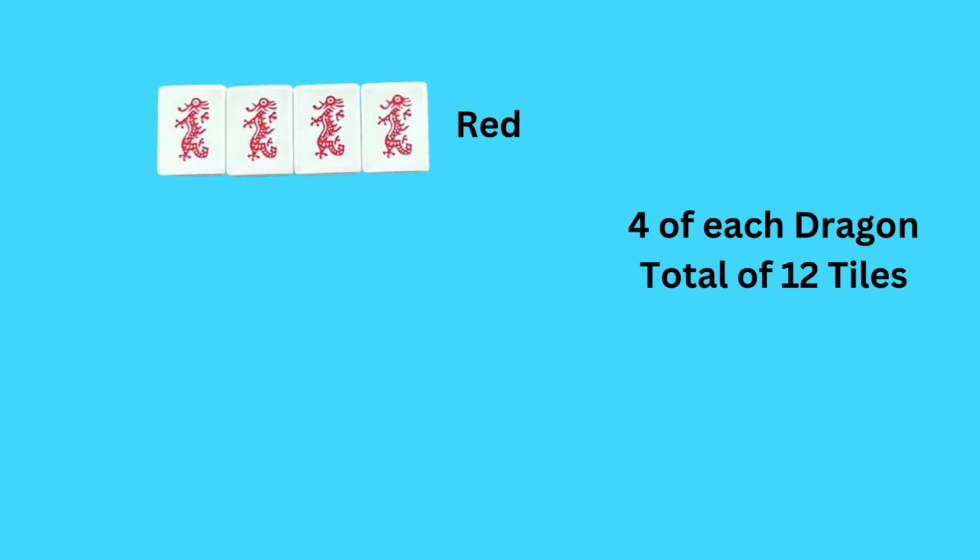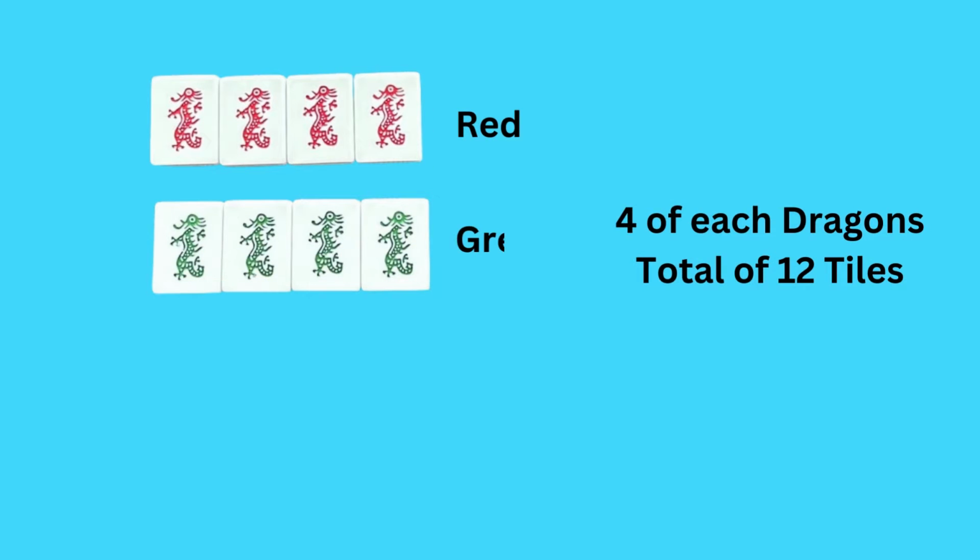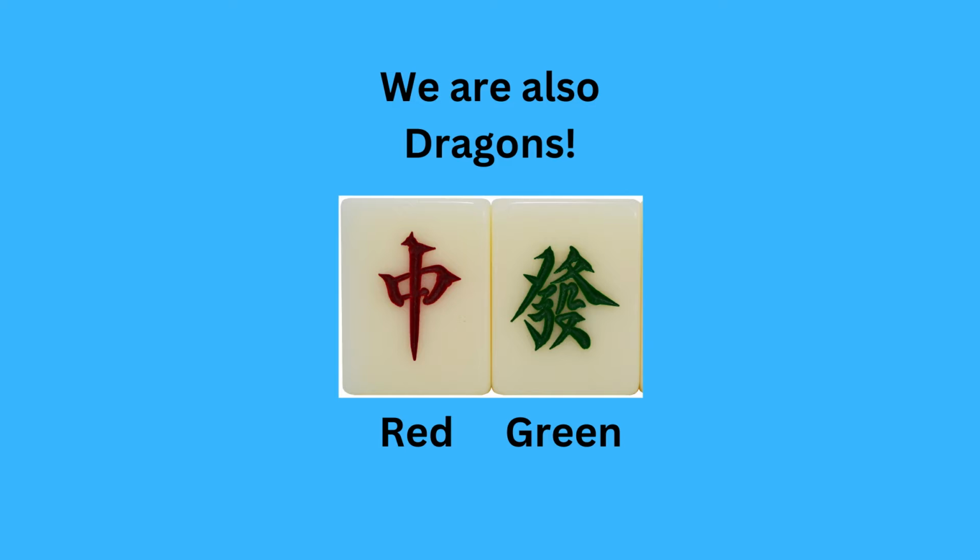Now we go on and learn about our dragon tiles. The first here are our reds, and they look very much like a red dragon. We have 4 of each of these. Then we have our green dragons, and yes, these are green in color, and they look very much like a dragon. I do want to mention that the red and green dragons don't always look like dragons in every Mahjong